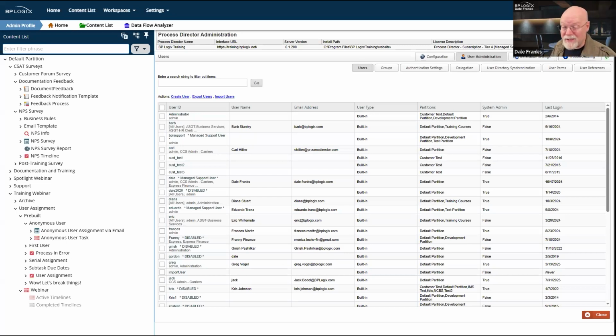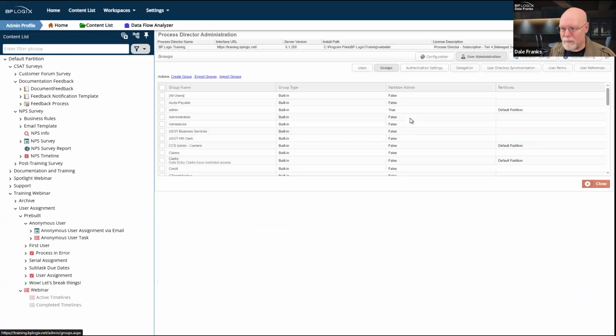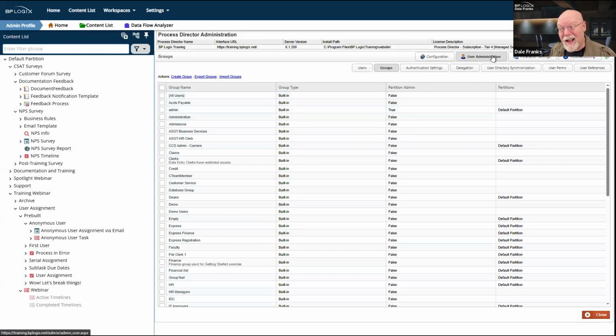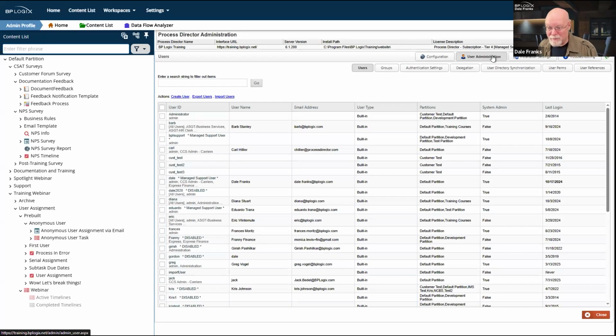On the other hand, this is a disadvantage if the system administrators and the people who are building the applications are not the same people, because you have several customers where the people who administer the system don't want to give the developers of applications access to IT admin, because unfortunately, I can't just give you access to groups. That would be great, but I can only give you access to user administration.